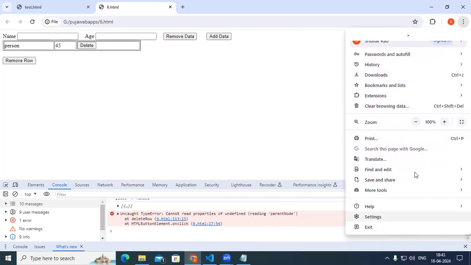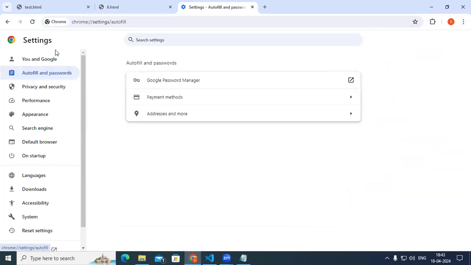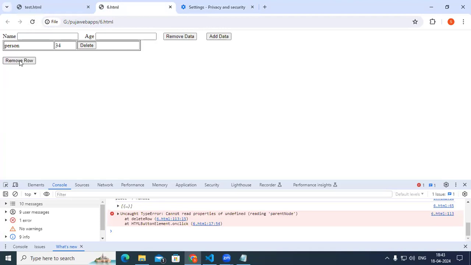settings. Okay, privacy and security, clear browsing data. Okay, let me clear the data. Okay, now let me refresh this. Then add person, age is 34, add data. When you click on the remove,